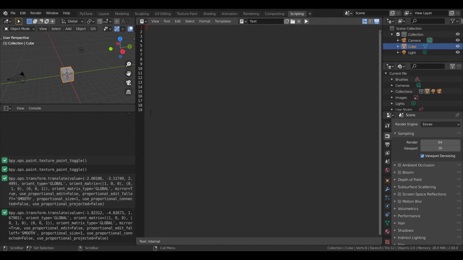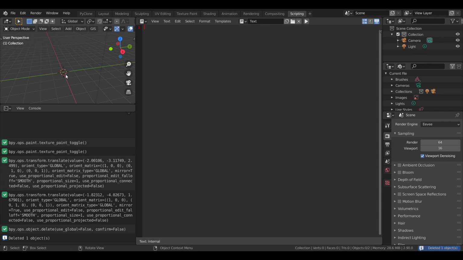Now, scripting in Blender can be quite a hard task, as it can get quite complicated, as you can see down here with the lines of code it's running. It's not intuitive at all. There's many things to remember. So the best way to execute a line of code in Blender is to do the command that you want to automate with code. So for example, if I wanted to add this cube back into our scene after I